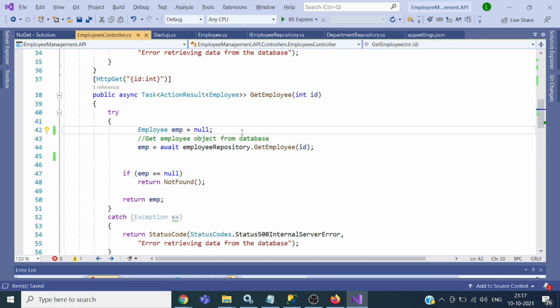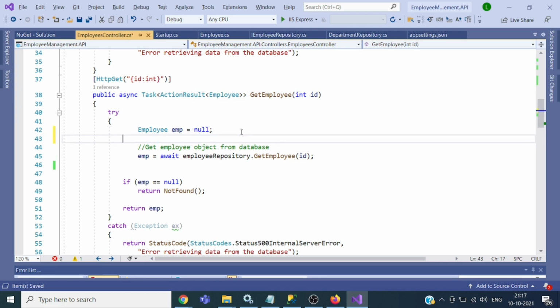Now we will add a check here to look in the Redis cache before going to the database. If data is available in the Redis cache, then we will retrieve the data from the cache and respond to the client. If data is not available in the Redis cache, in that case we will retrieve the data from the database, then store the data in the Redis cache, and after that respond to the client. So here we will get data from the Redis cache.